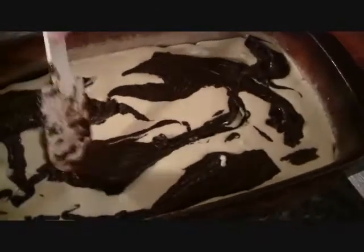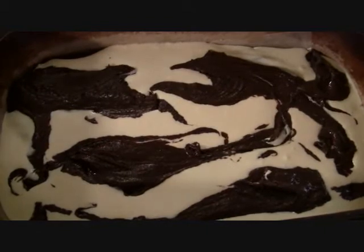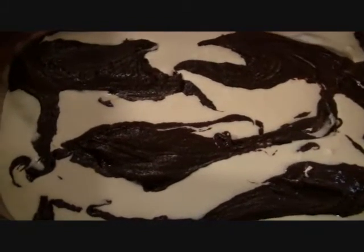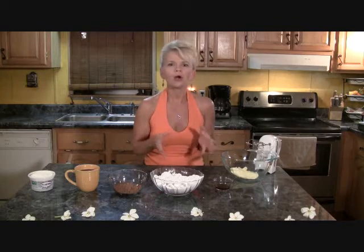Okay, we can just spread it out just a little bit, but being very careful that we don't get that marble effect again. Now we're just going to pop it in a 350-degree oven and let it cook for about 30 minutes. While our brownies are in the oven cooking, we're going to go ahead and make our mocha